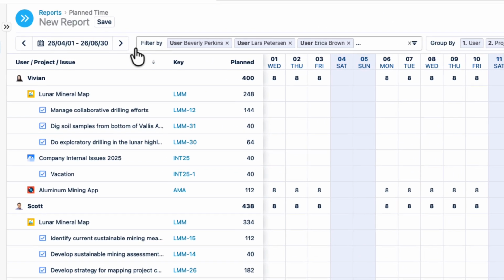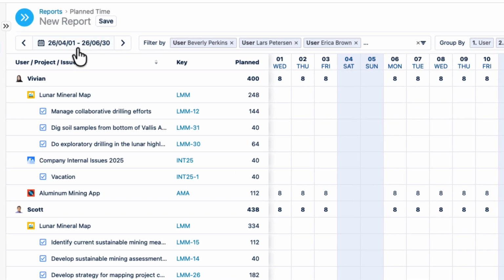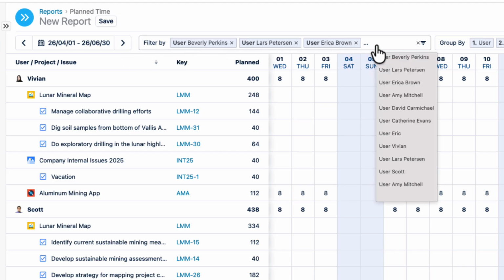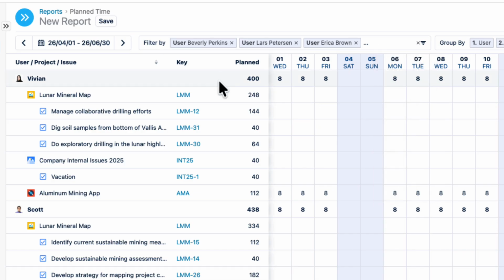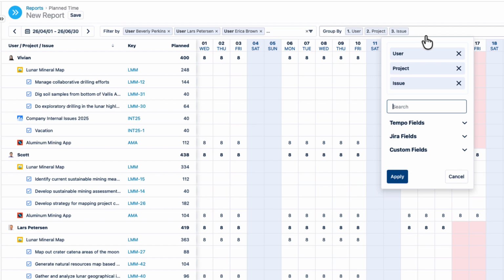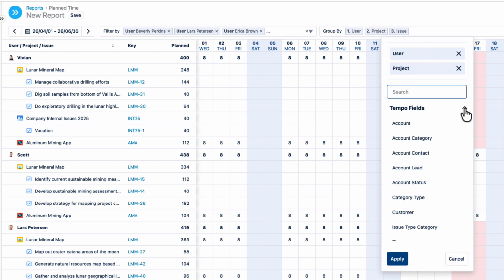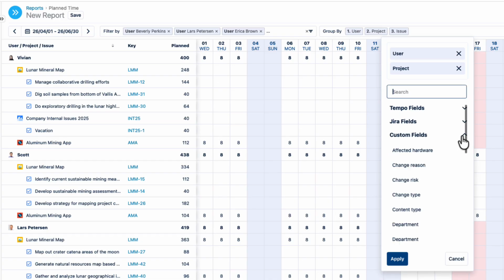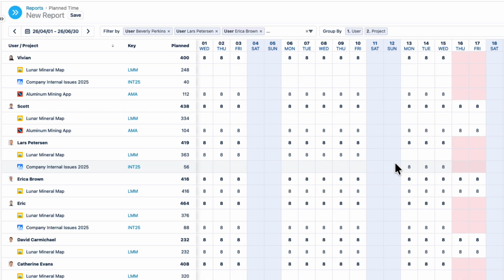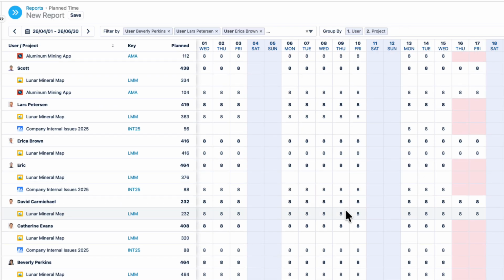This automatically uses the same time period, and it filters for the same resources, in this case, all the users with the skills that we had filtered for. Each resource is shown with their time planned on the work items, listed under the JIRA space. In this case, I don't need to see each work item, so I'll go to the Group By field here and remove the issue. You can, of course, customize the data to show. Simply add different tempo fields, JIRA fields, or your custom fields. I'll click Apply, and now the report is shorter, with only the users and their planned hours grouped by the